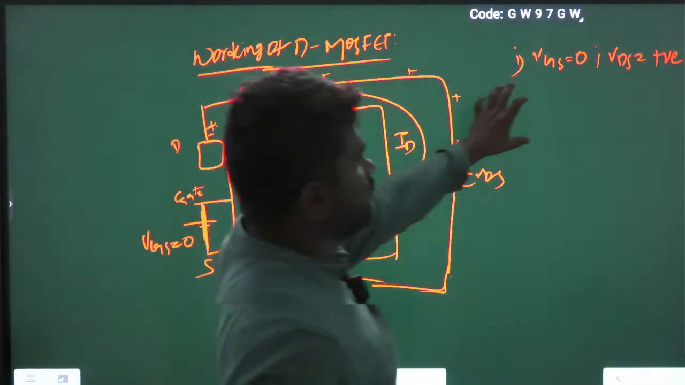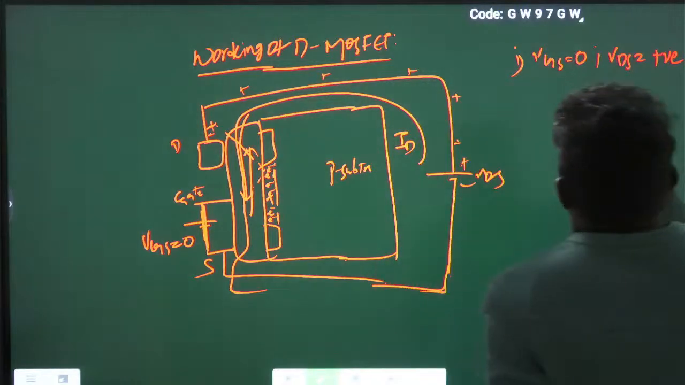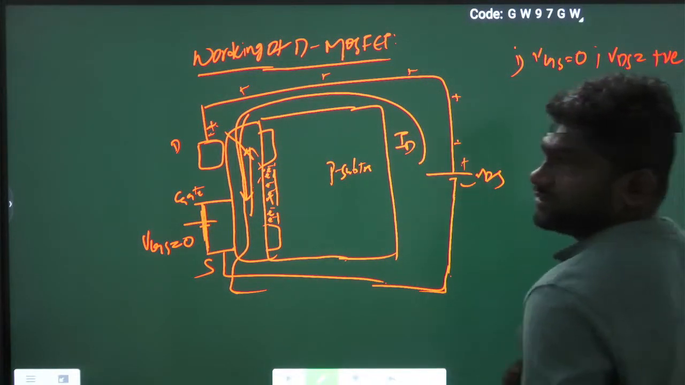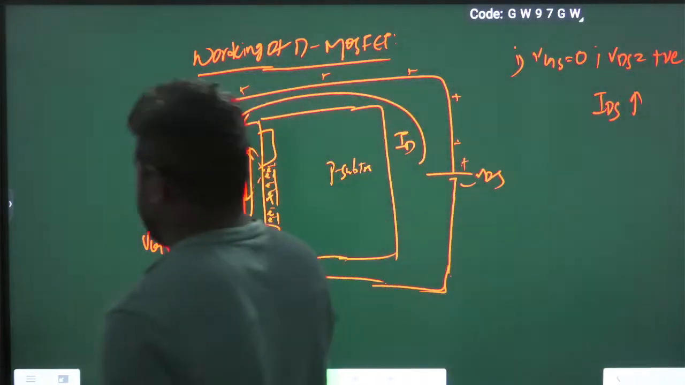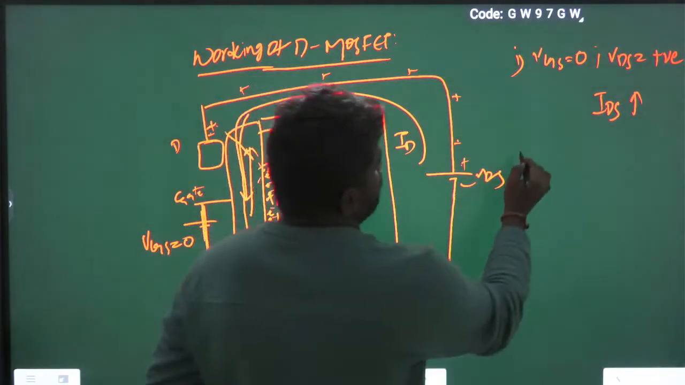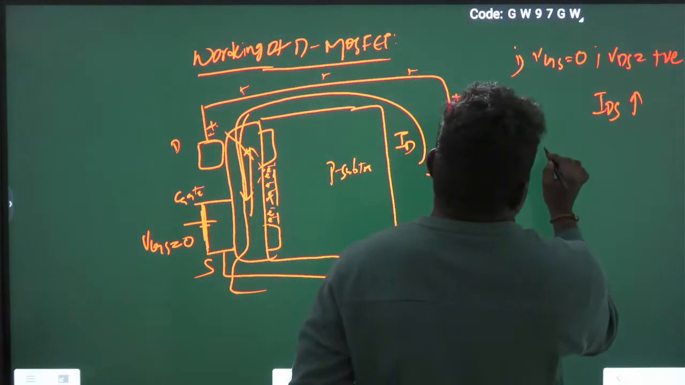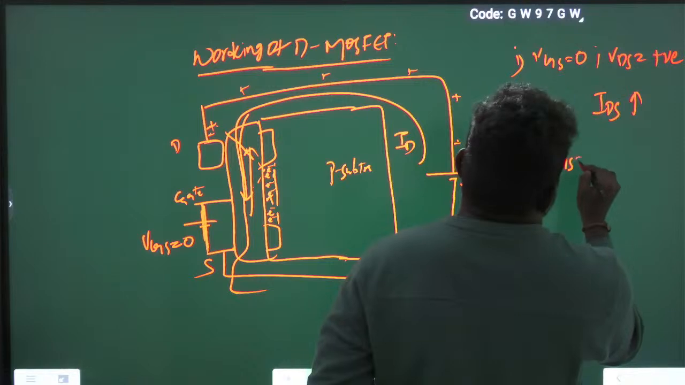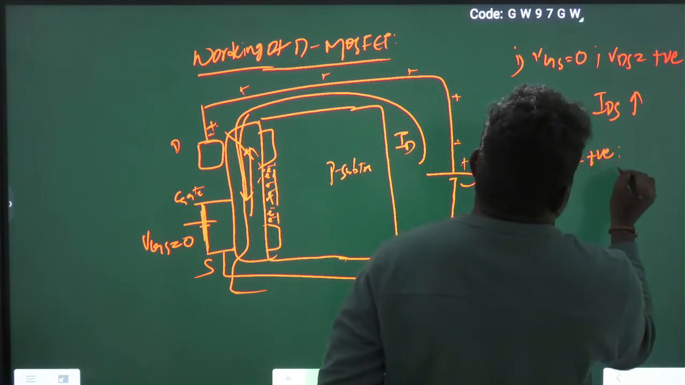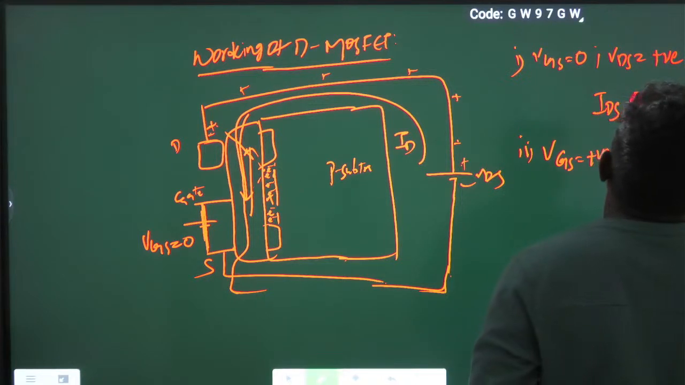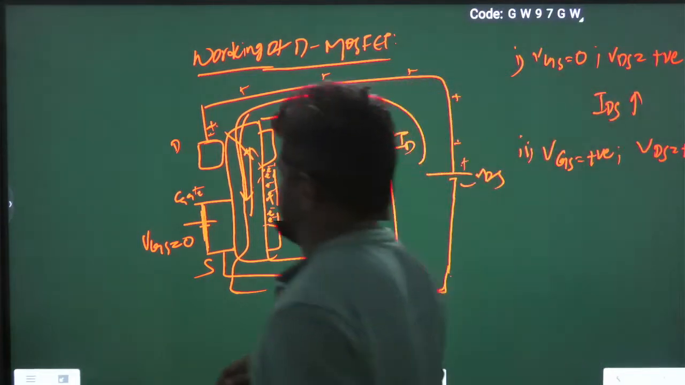So whenever VGS equals 0 and VDS is positive, IDS will increase. Okay? IDS will increase. Second condition: now I am applying VGS positive and VDS also positive. Now see,